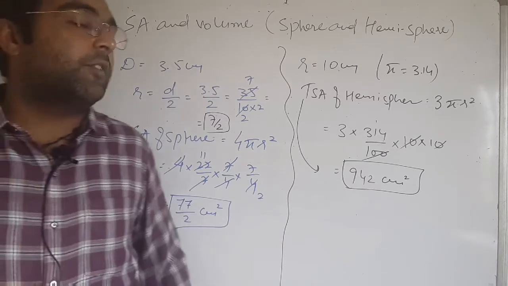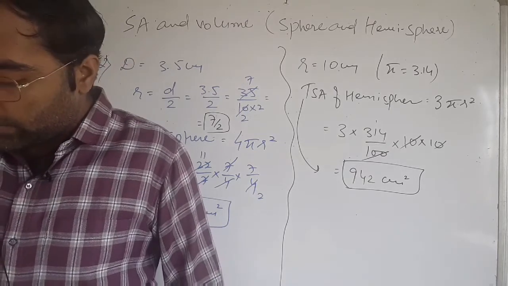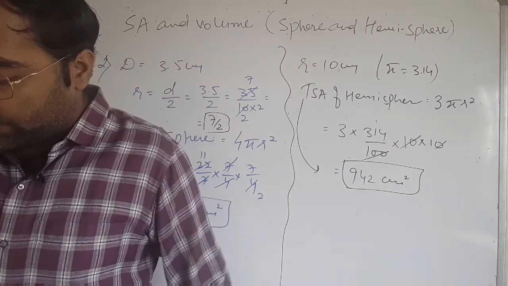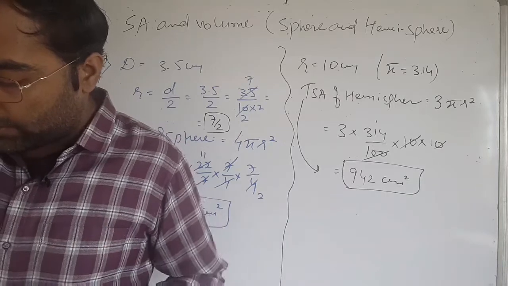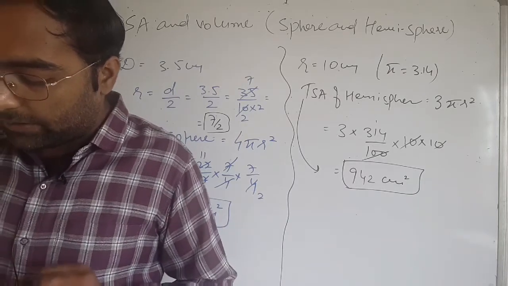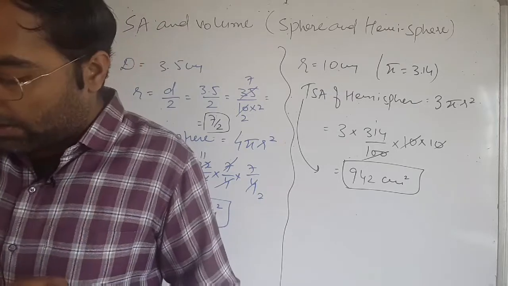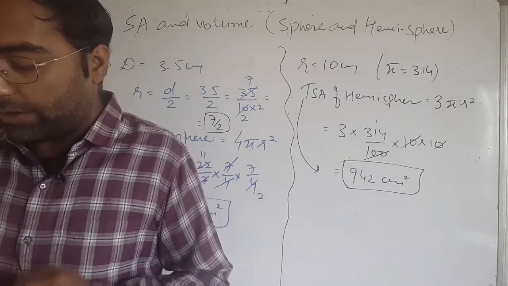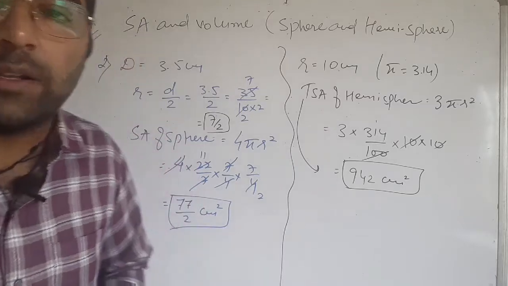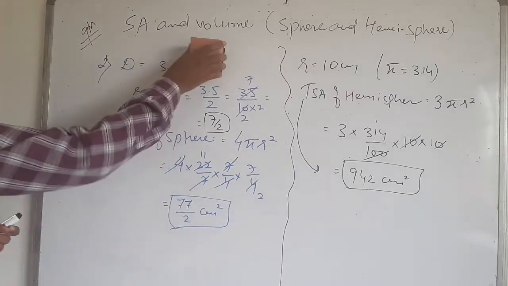Okay, all of these are easiest sums. Now we have to move to some tough sums, where the surface area of a sphere is given. The surface area is 5544, and you have to find the diameter of it.